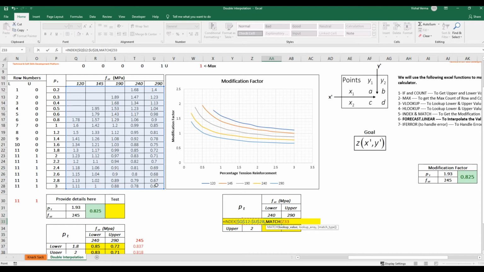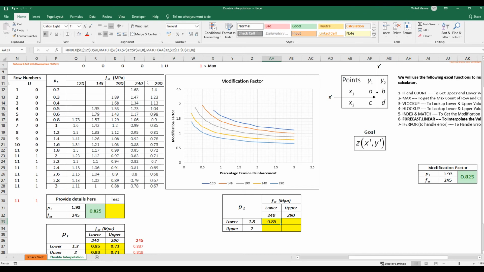Lookup value is Z33. Okay. Lock. Then lookup array. We need to use this, exact match. Then again match for column number. What is the lookup value? This. Then lookup array is all this. Then 0.